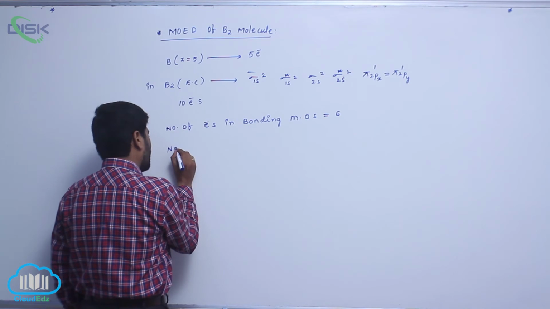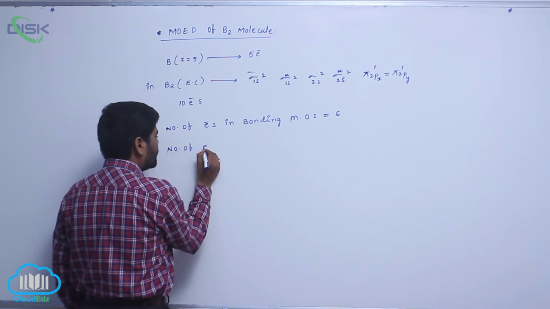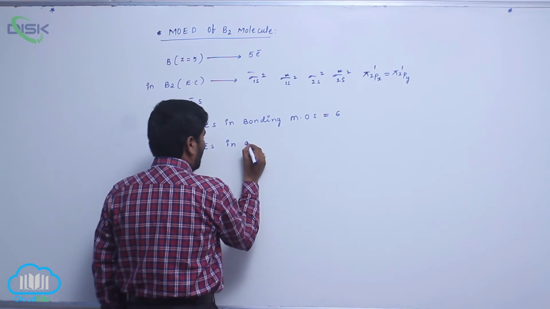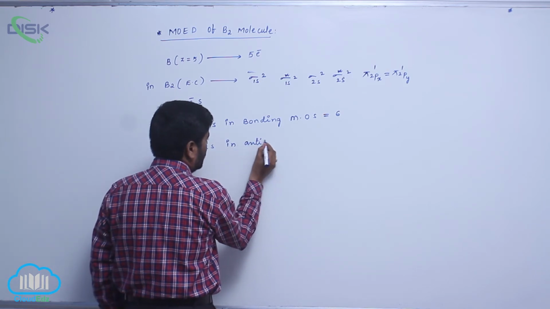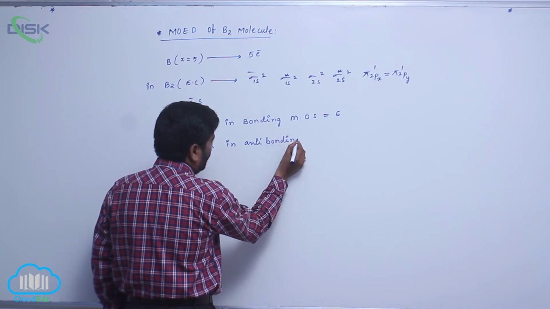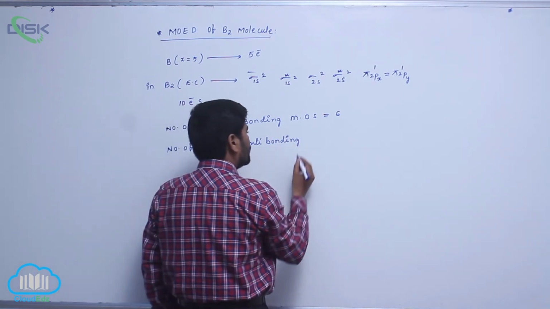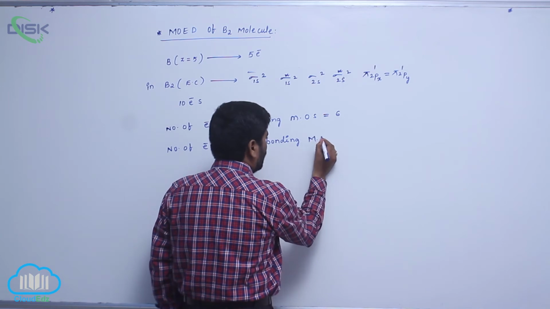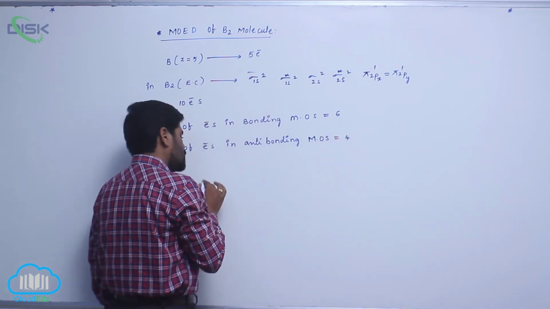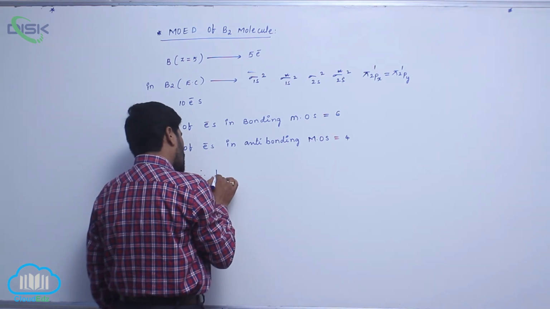Number of electrons in anti-bonding molecular orbitals is 4 electrons. So therefore bond